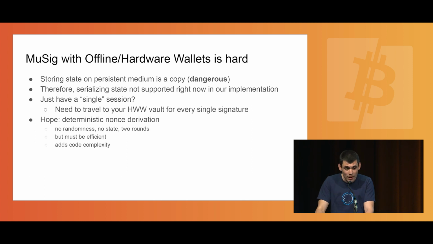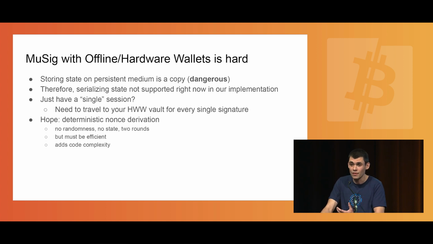There is some hope and research effort into deterministic nonce generation for MuSig. What this means is that every party just generates the nonce similar to how it works right now in the single party case by just deriving it from all public keys and the message. The catch here is that you also need to prove that you've done so correctly, and you need to verify that everyone else has done so correctly.